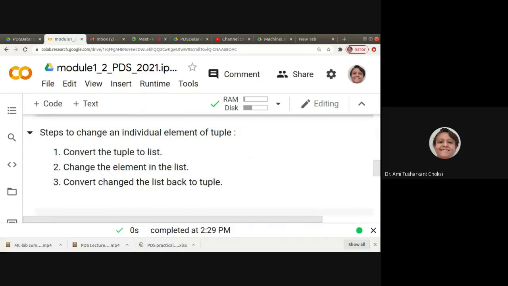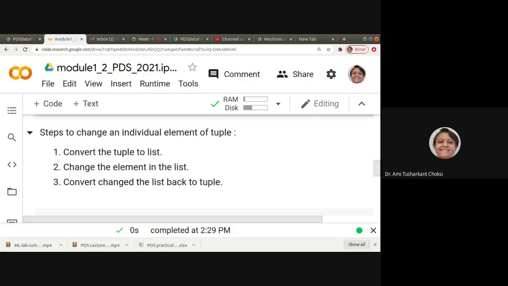Now, steps to change an individual element of a tuple. A very interesting, specific example we can say. What we want is, we know that a tuple is immutable. One way is, if you take a few elements and assign them to a tuple, that is, if you are creating a new tuple with the same name, then it will change the tuple element values, but directly we cannot change them. That is, T1 of something and you change the value, that is not possible here.